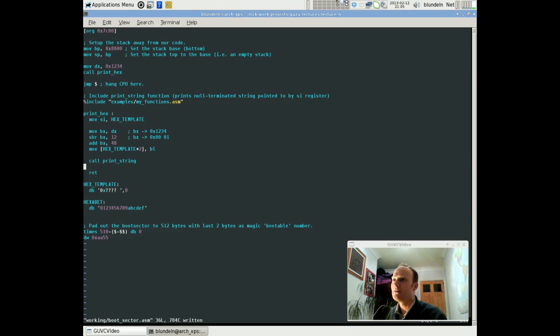So now all I have to do is, if I want to map the value that I've stored in this bx value to a character to print to the screen for that digit, then I've just got to index that value within this label, hexabet. Let me make that clearer. So what I want to do now is translate what's in bx into an ASCII character. Now we can do this,